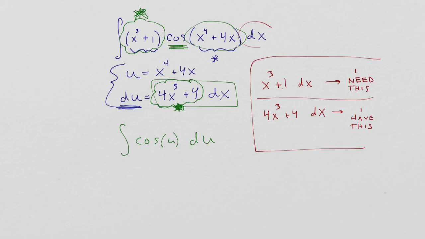That's what I'm trying to come up with, this dx and this x cubed plus 1. But what I actually have is 4x cubed plus 4 dx. So what I need to do is figure out how can I modify what I have to get what I need. And you'll notice that if I multiply all this stuff by 1/4,